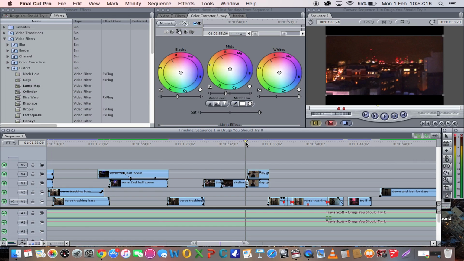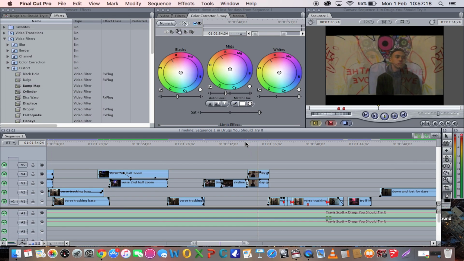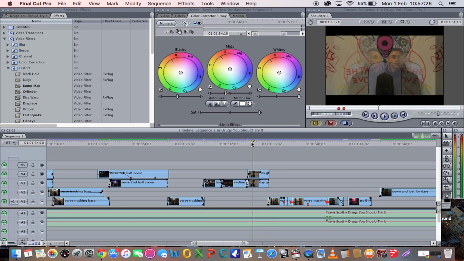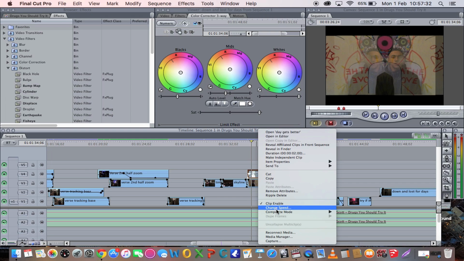So here we use the effect of mirroring the screen and slightly overlaying the image again to create a double sort of image here. You do that by using the filter